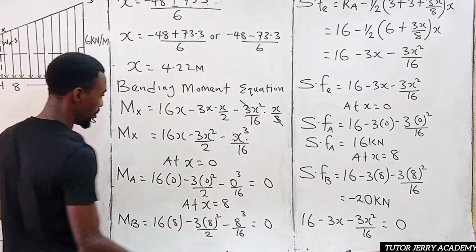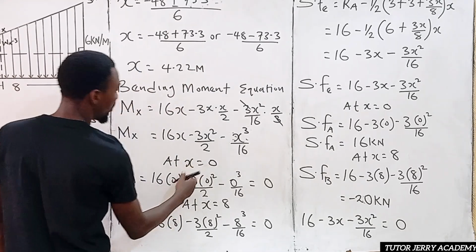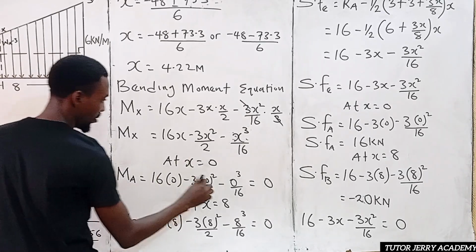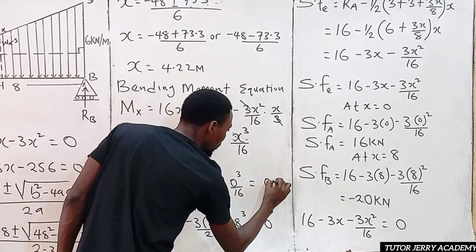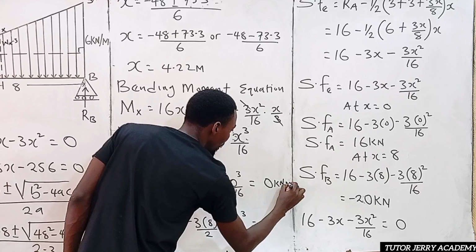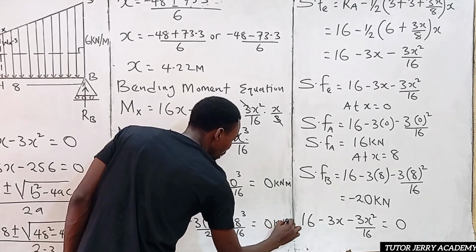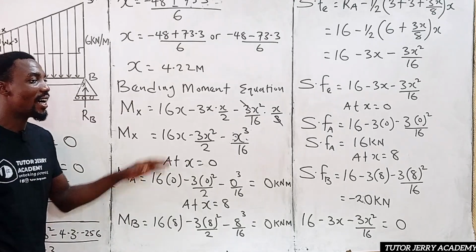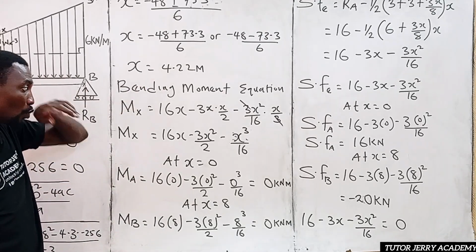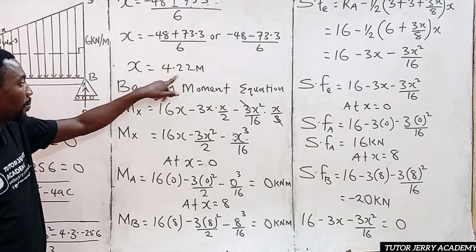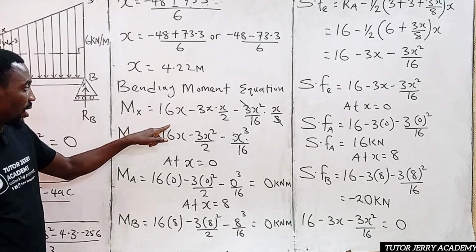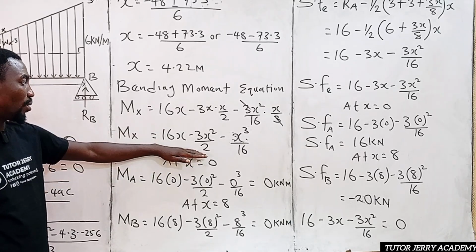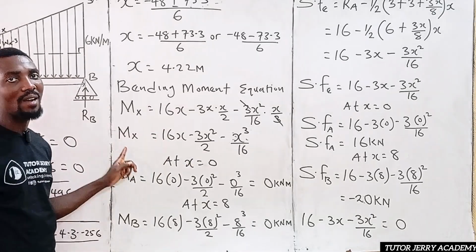All right. So this one is going to be kilonewton meter. Since it is there, let's just put kilonewton meter. So that's it. Now, don't forget, we already have our S to be equal to 4.22. So if we substitute 4.22 into this bending moment equation, we are going to have our maximum